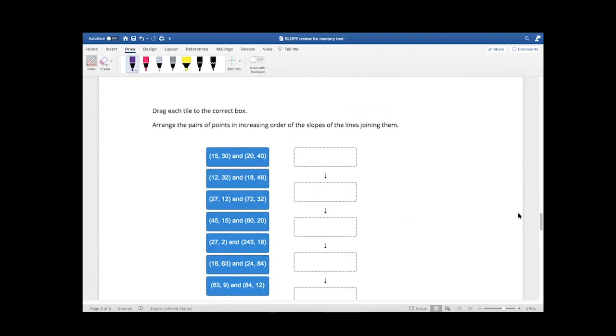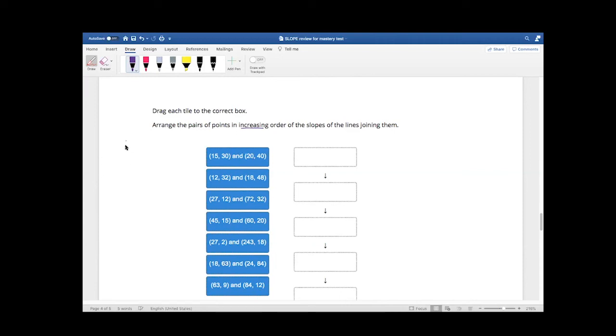All right, and then the last one, we need to find the slopes of all of these. That's a lot of work. And then we're going to put them in increasing order. So we're going to just drag the ones with the largest slope to the ones with the smallest slope. Using the points, I can